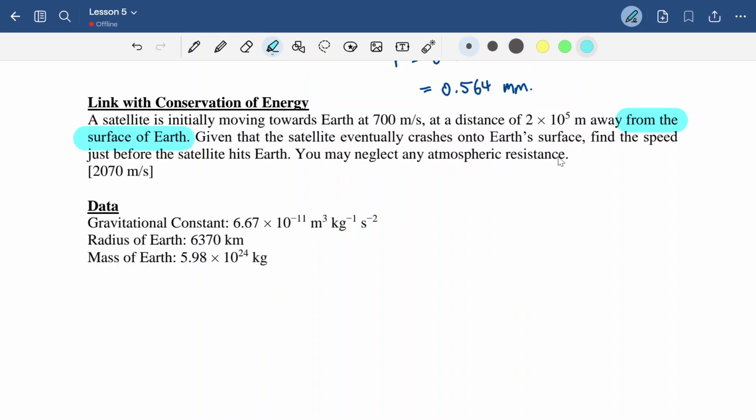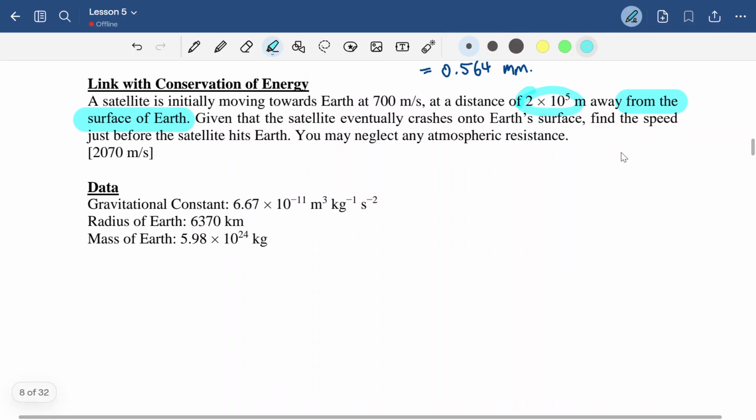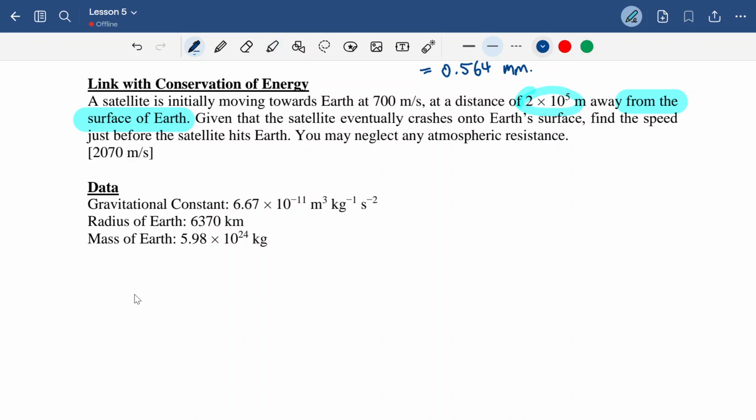When they give this value, you must always remember to add the radius of Earth, because again, the law of gravitation is always from the center of Earth. Given that it eventually crashes on Earth's surface, what is the speed? It's a similar type of question to something that you drop and hits the Earth's surface. For those questions, when you apply conservation of energy, you know that there is a loss